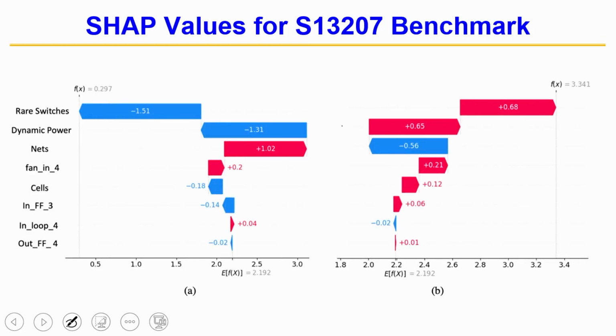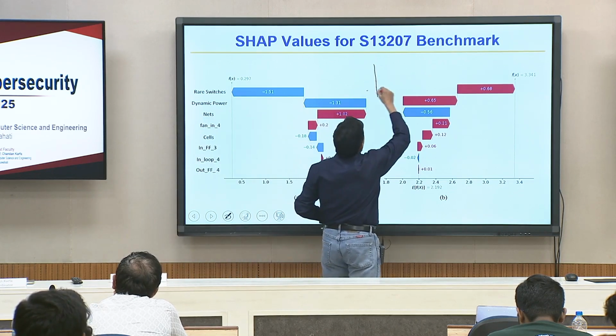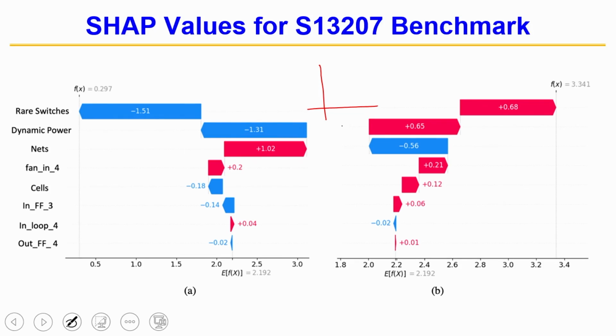But the important part is the explainability part, so I want to zoom in a little bit. For each design, based on a certain number, every design has an interesting number. For this particular benchmark, it is 2.192. Think of it for an AI model: this is the line. Remember, when we give any AI model all these points, it learns and creates a line. Let us say it is a vertical line